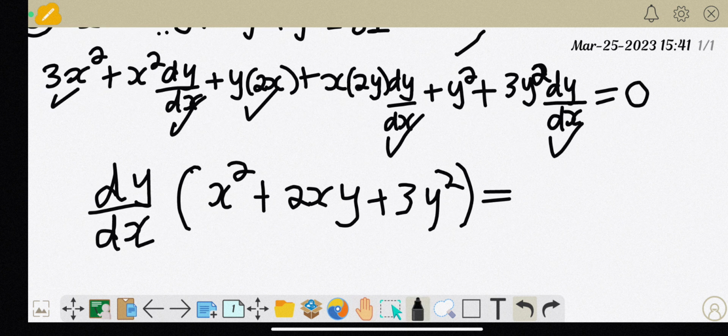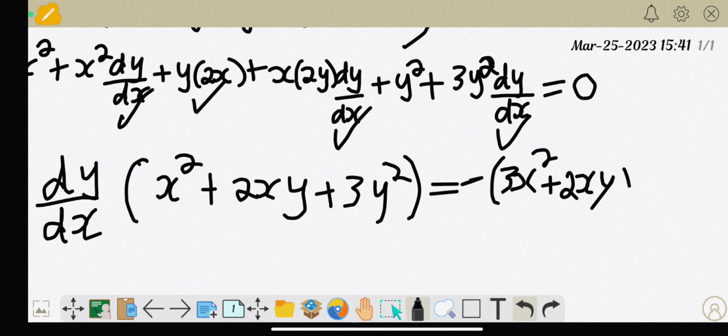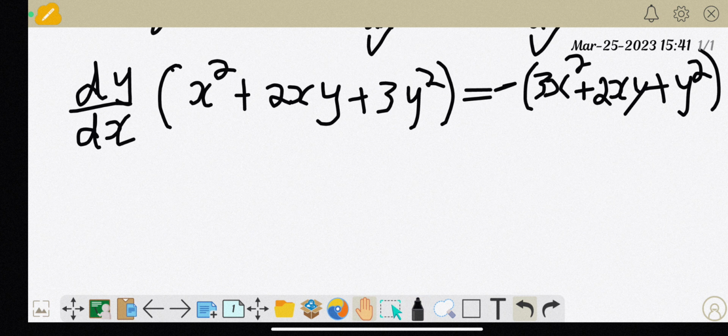So it is equal to minus of 3x square plus 2xy plus y square. Correct. Next we want the answer in terms of dy by dx. So dy by dx is equal to